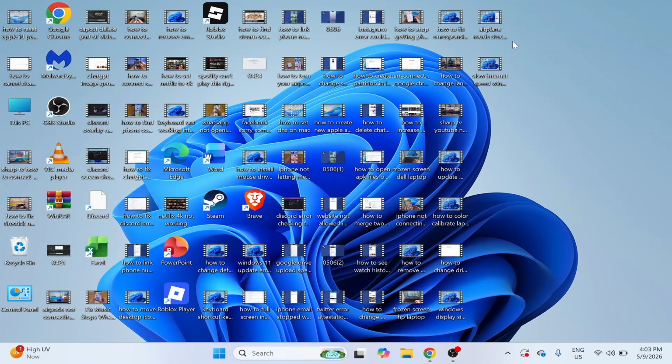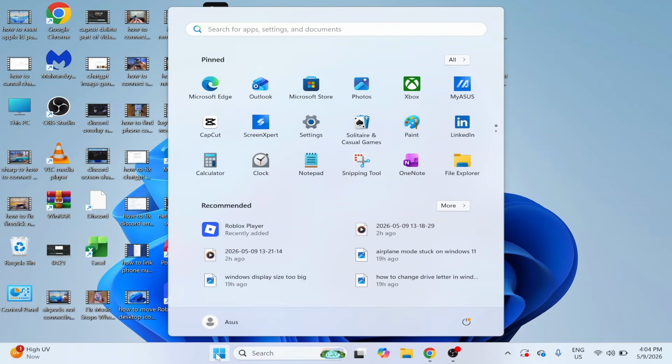How to fix Windows Shift and the letter S not working on Windows 11. If you're trying to take a screenshot and these keys are not working, I'm going to show you a couple of ways on how to fix this issue. The first thing you'll need to do is open up your Start menu on your computer and